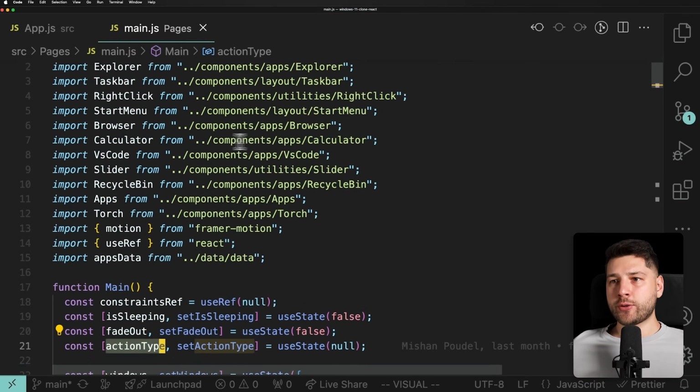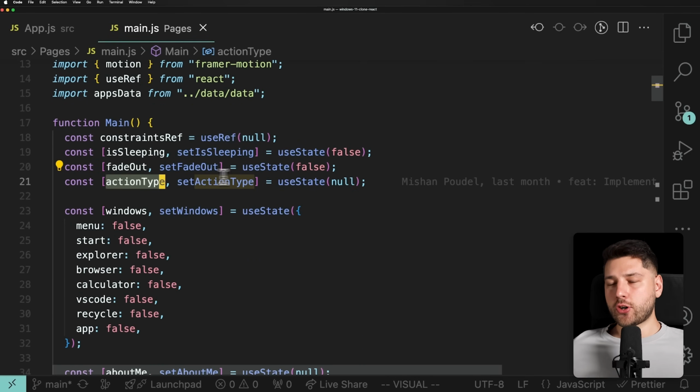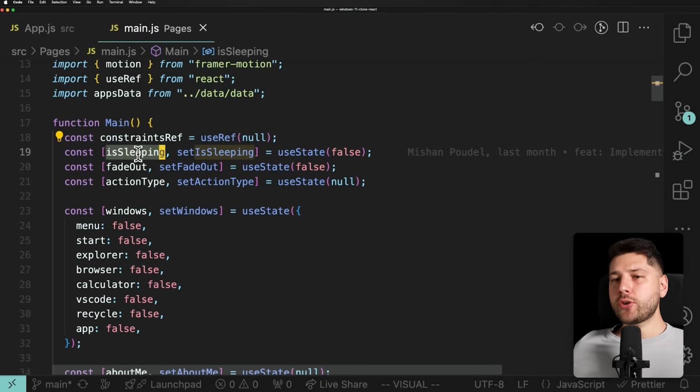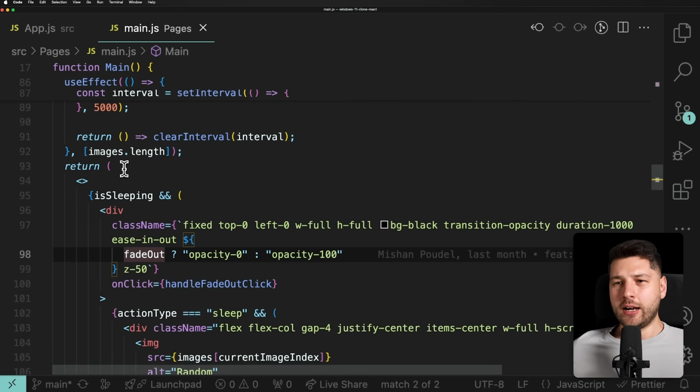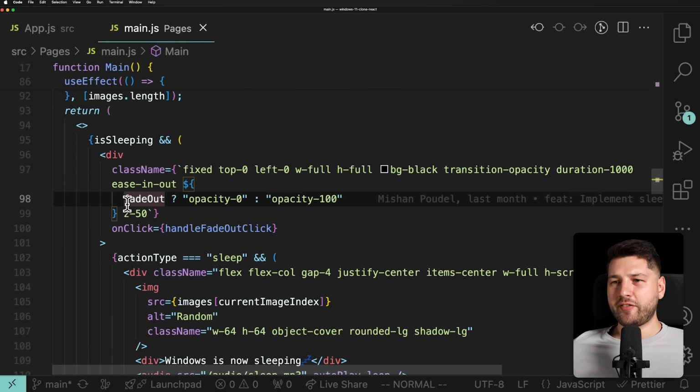Again, this is all JavaScript, so we're missing types, so we're not actually sure what these things are. I'm pretty sure this is for the lock screen, because remember initially we were at a lock screen. I had to put my password and then a name to actually sign in. I'm pretty sure that's what that does, and that's what this fade out also does. If I go to where it's actually being used, you have fade out over here, and then opacity 0,